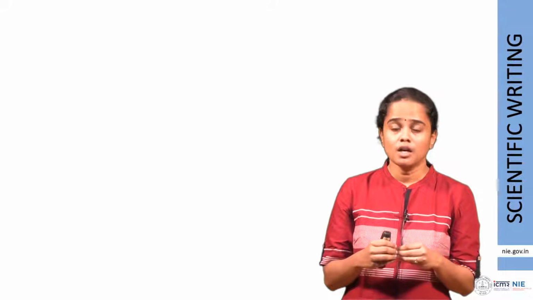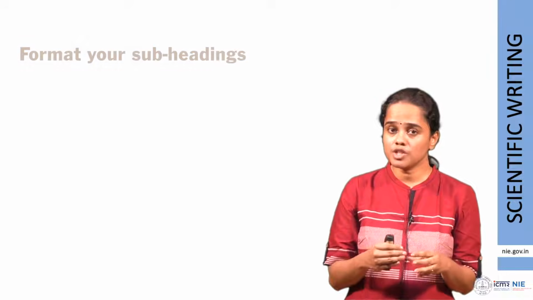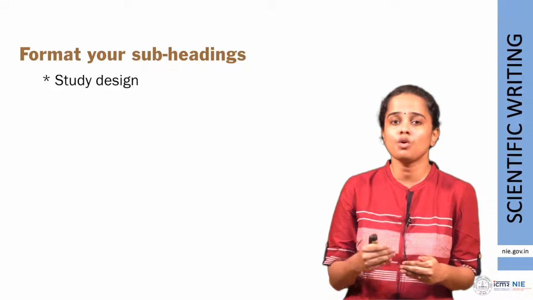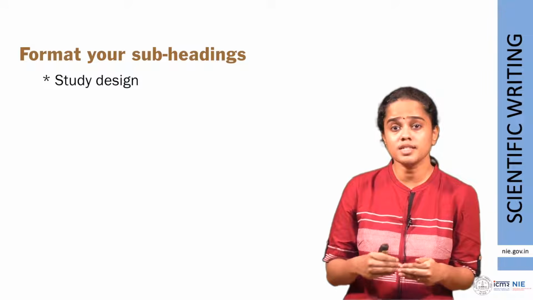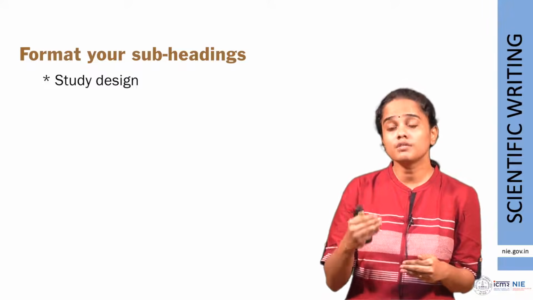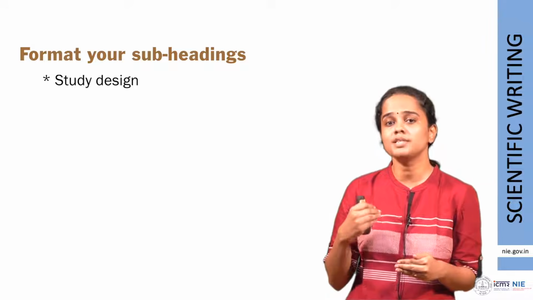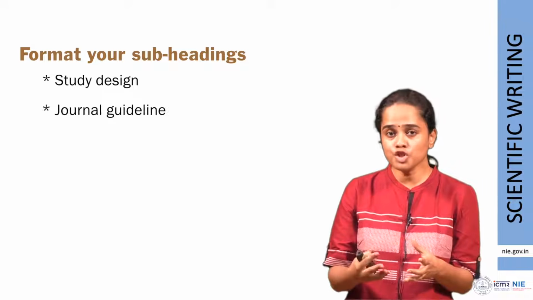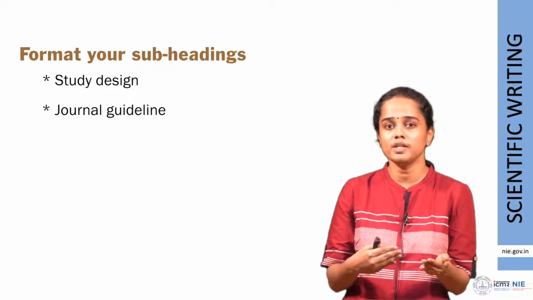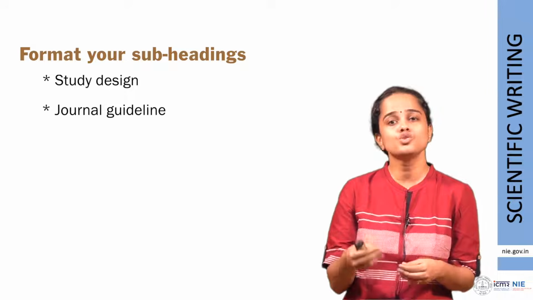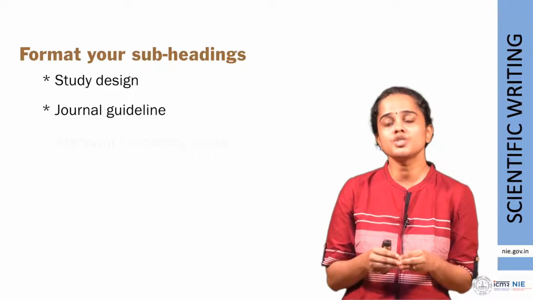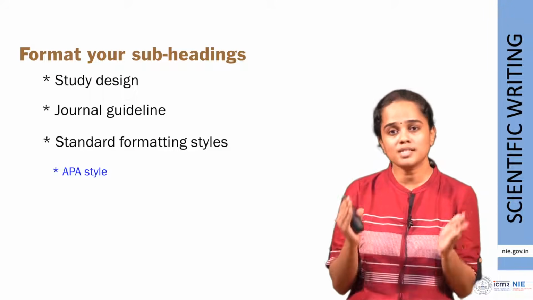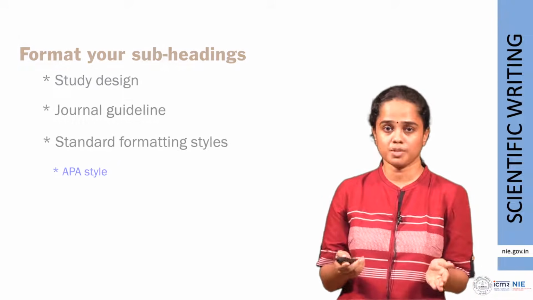Before we proceed to that, one has to understand that the method section could vary from study design to study design. When your design is a systematic review or meta-analysis, or when your study design is a mixed methods design, then the alignment of these subheadings is going to be slightly different. So generally, we recommend you to stick to the journal guidelines. Different journals have different requirements for the subheadings or the division of your method section. You could follow that, and you could also adhere to standard formatting styles. I've given an example here, which is the APA style of styling and formatting your entire manuscript.